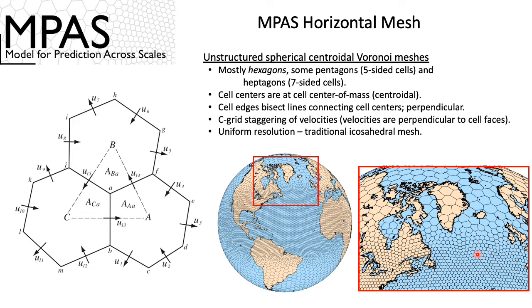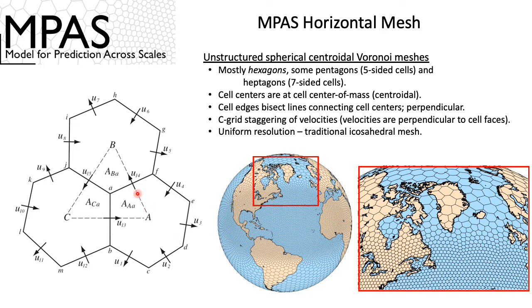So, for example, in a traditional uniform mesh, that would be the icosahedral mesh. And that typically has 12 pentagons and all the other cells are hexagons. On the 1 degree mesh, for example, there are 40,962 cells. Of those, 12 are pentagons. The rest are hexagons. We use a C-grid discretization on this spherical centroidal Voronoi mesh,